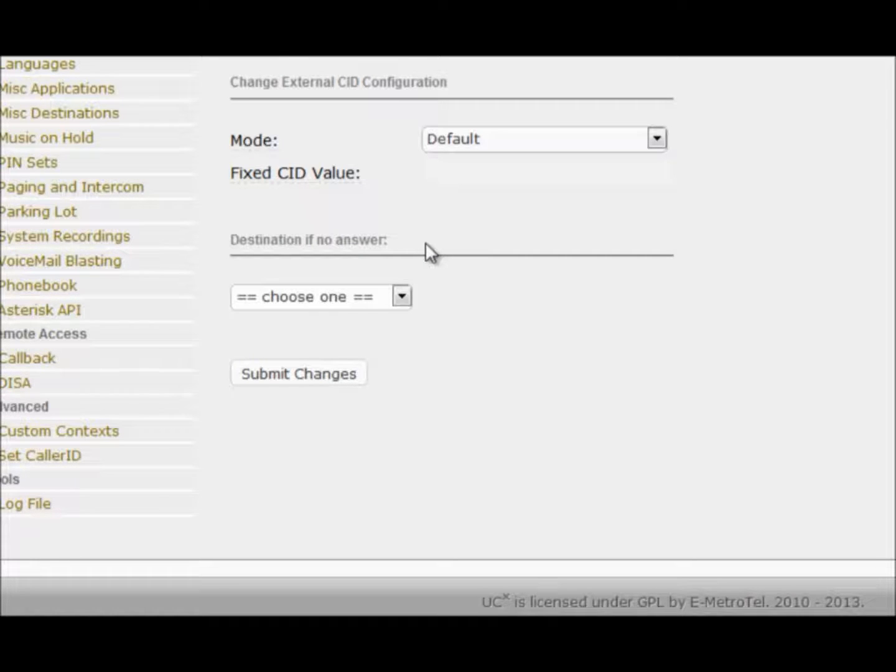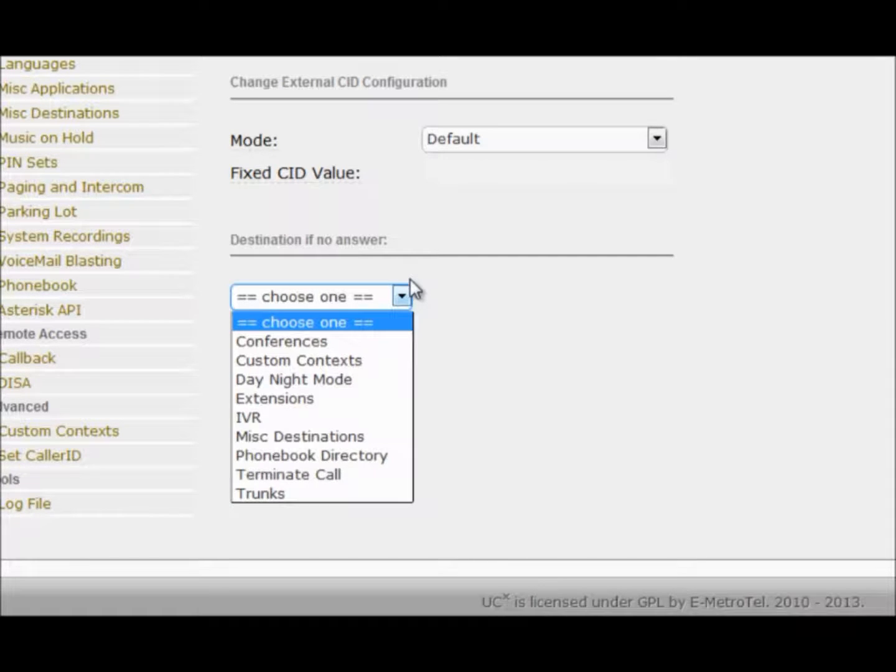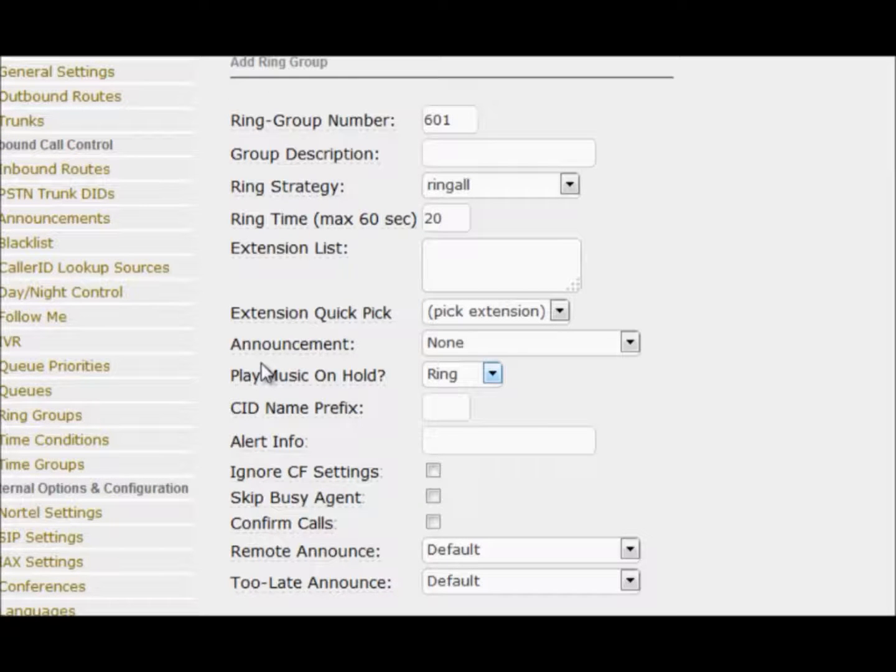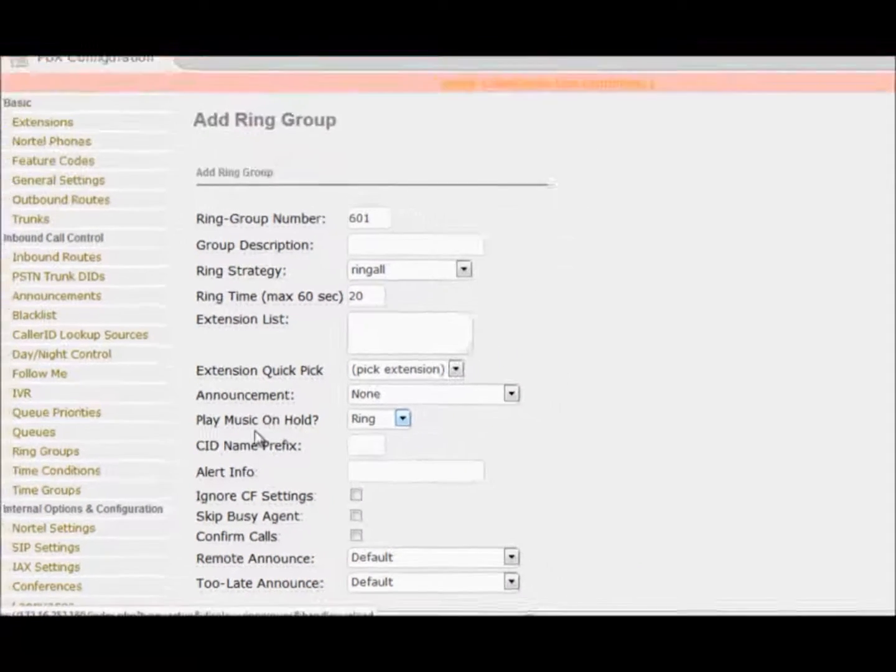Lastly, but not the least, as we traverse the ring group, whether it's a hunt or a ring all or any other flavors that we may have configured, we have to make a decision if we do not get an answer, obviously. So you have a number of choices as you pull down here. What I'm going to do here is choose voicemail, and then you'll be prompted to select which extension. I'm going to select voicemail blasting group because that's sort of interesting. I'm going to submit my changes and wait